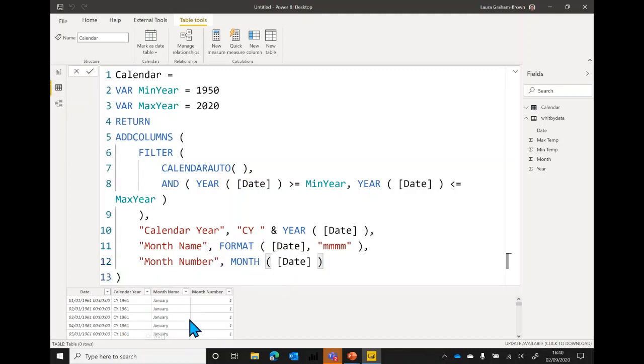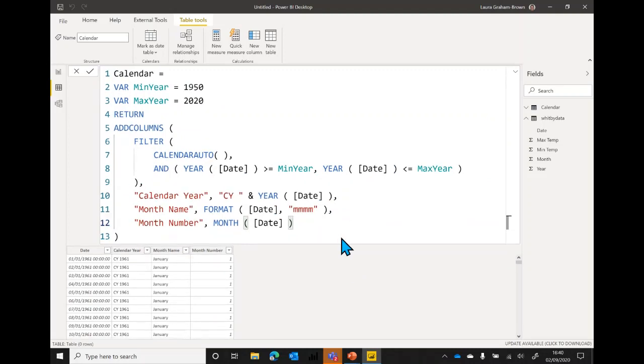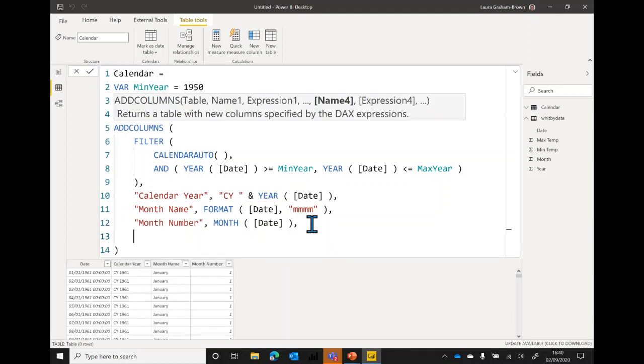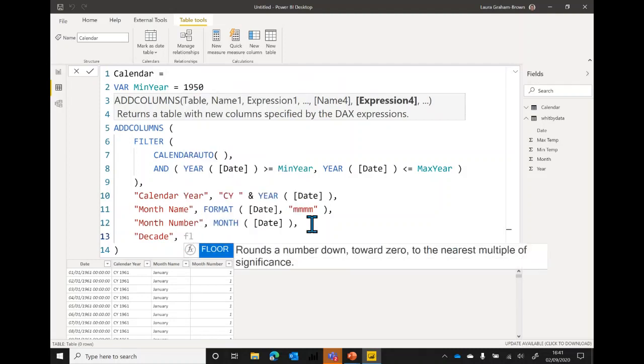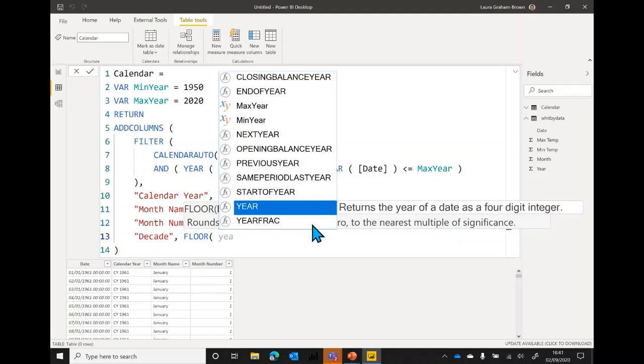So here we've got our columns. I'm going to add one more column. That's what to do, a little bit of minus there. There you go. You don't quite need the code that big, unless you're blind like me. We're going to add one more column. We're going to add in a column called decade. And I basically want to round all the year numbers down to the latest decade, so that 1925 would become the 1920s, that kind of thing. So we can use a function called FLOOR for that. And we are going to floor the year